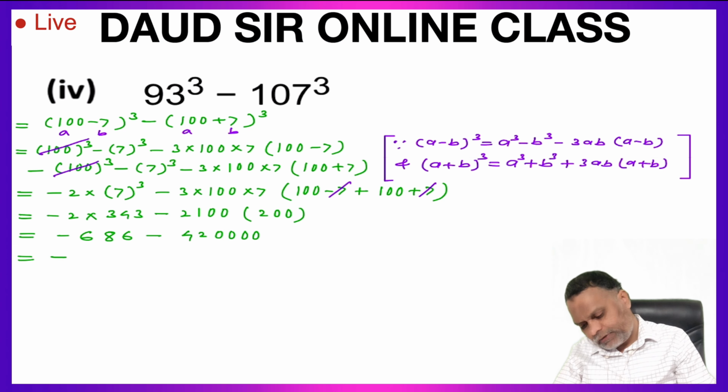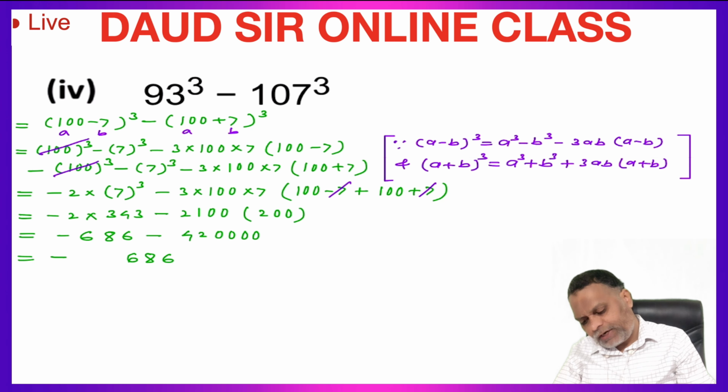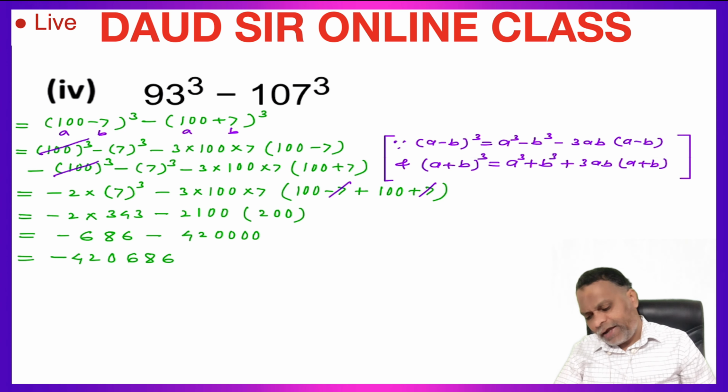First digit 6 plus 0 is 6, 8 plus 0 is 8, third digit 6 plus 0 is 6, fourth, fifth and sixth digit as it is 0 2 4, minus,